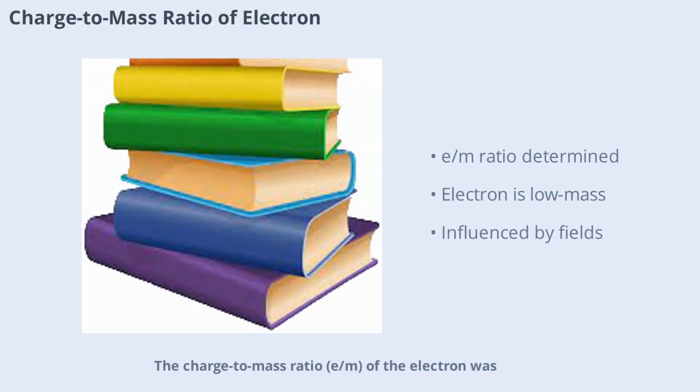The charge-to-mass ratio, e/m, of the electron was determined using variations in electric and magnetic fields. The value is 1.75882 × 10^11 C/kg. This ratio is fundamental in understanding the behavior of electrons in different environments. The electron, being low in mass and negatively charged, can be easily influenced by other electrons or positive nuclei. This property is essential in many physical and chemical processes.